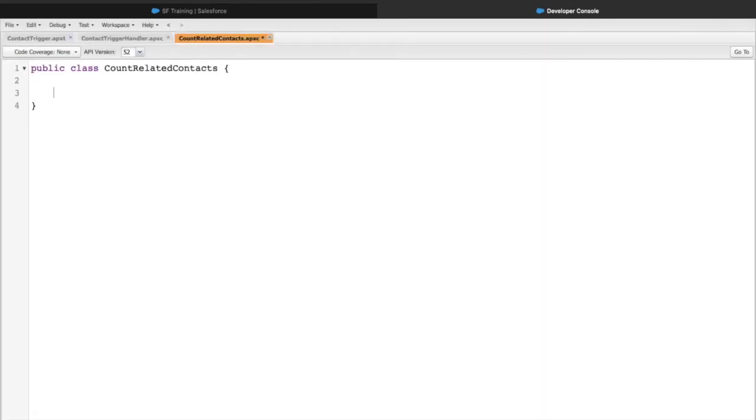So let's create a method here. And I'll name it count related records or count related contacts, right? And we'll be taking one parameter, which would obviously be our account ID. So let's take the account ID instead. Alright, now we want to do a related query through which we can get the number of contacts associated to a single